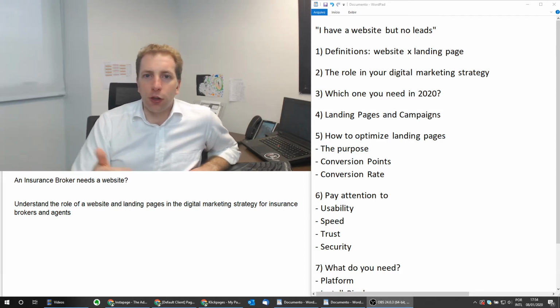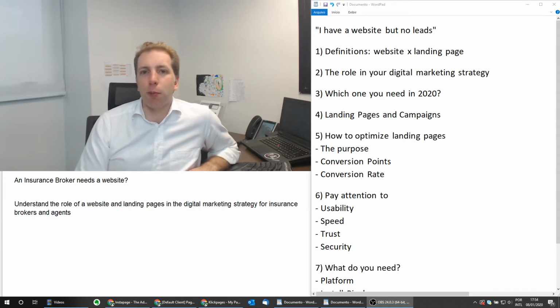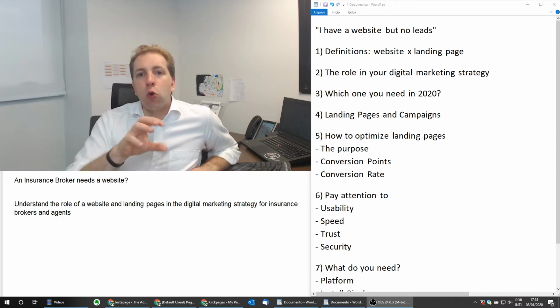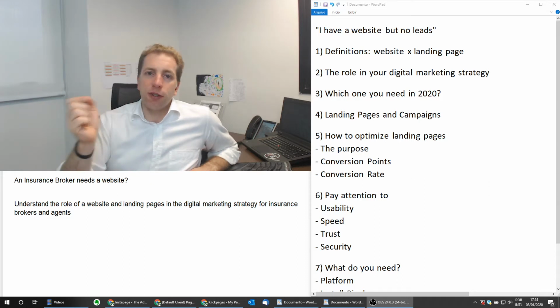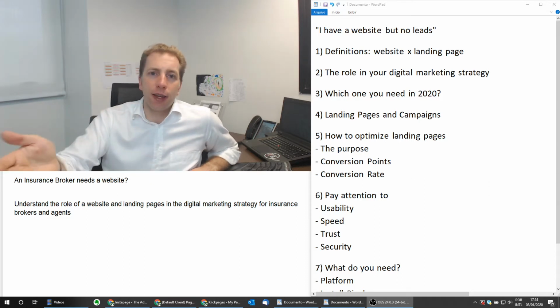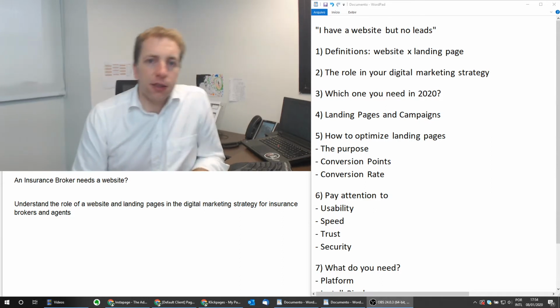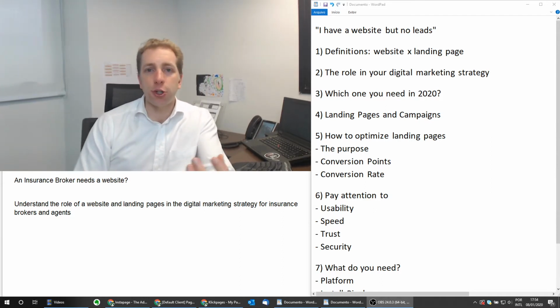If you're in a country where WhatsApp is not that popular, you could add perhaps a text, an SMS, and again, that's a conversion point. Or a call me now, which is a call to action that initiates a phone call. That's another conversion point. So you see there are at least 3 types of conversions that you can expect from